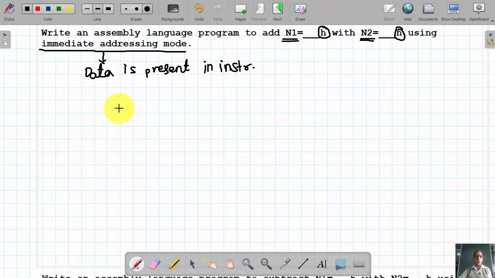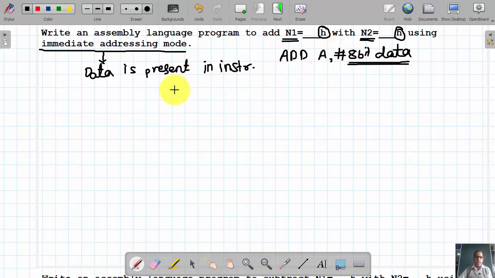To perform the addition of these two 8-bit numbers using immediate addressing mode, the instruction that we are going to use is ADD A, #8-bit data. As it is an immediate addressing mode, to inform that the number in this instruction is an 8-bit number, we are using this hash sign here.